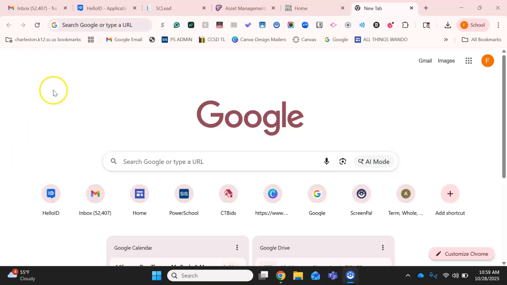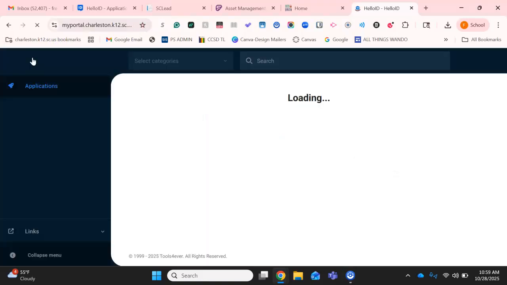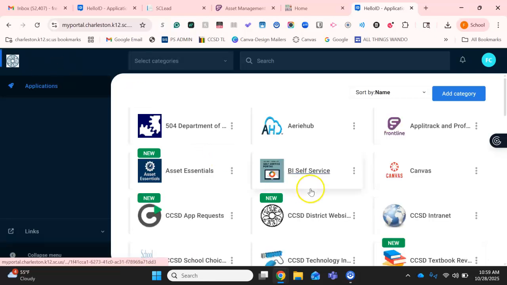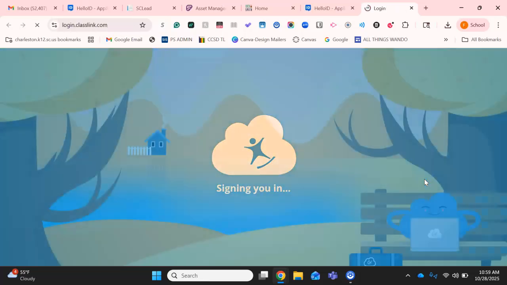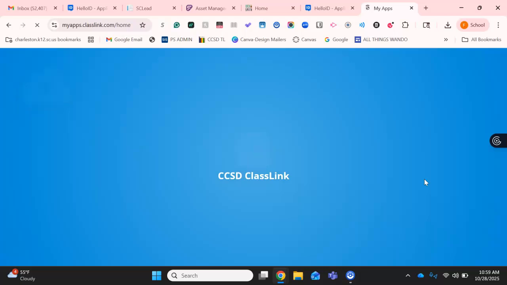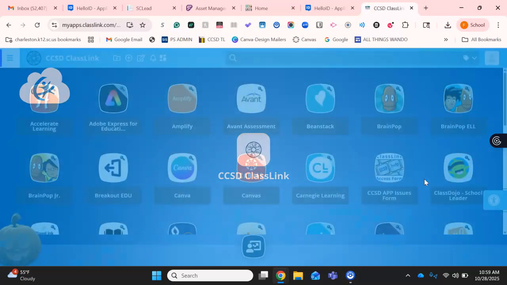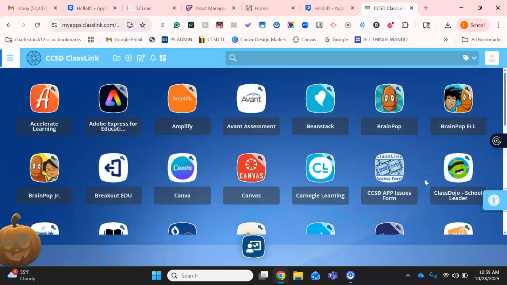So the first thing that I'm going to do is go to my portal. And again, my portal looks different from yours because, being a teacher, mine is just different than yours. And I'm going to go down and go to Class Link. Now you'll remember that in the past we used Clever. Clever is another software program, much like Class Link, and they sort of do the same thing, but here's all